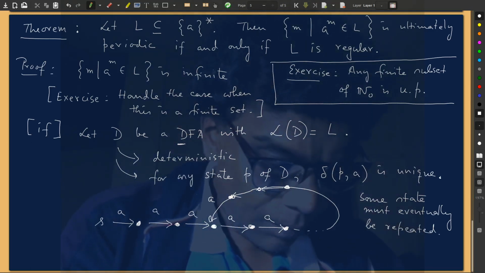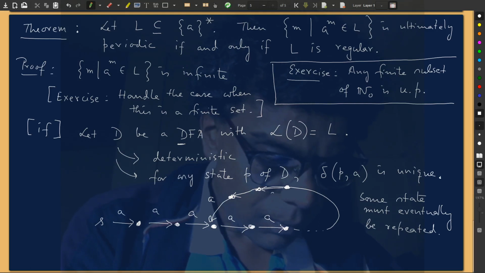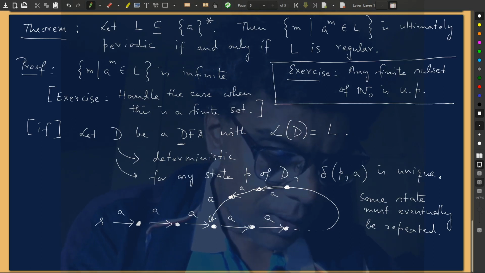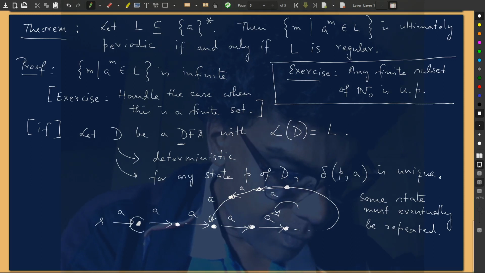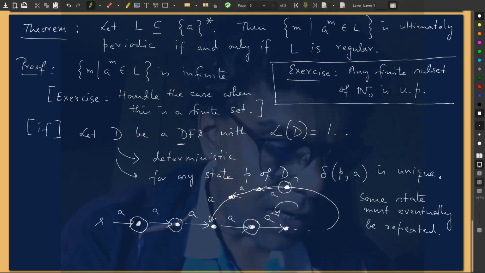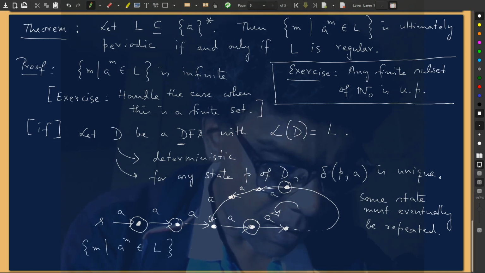Okay, so now, that means that once the machine enters this loop, it will keep on evolving in that loop. And you may have some accept states here, here, some here, here, and so on. And then it is easy to see that this thing, a power m is in L, is ultimately periodic,